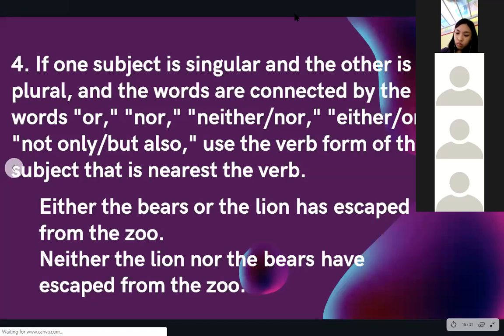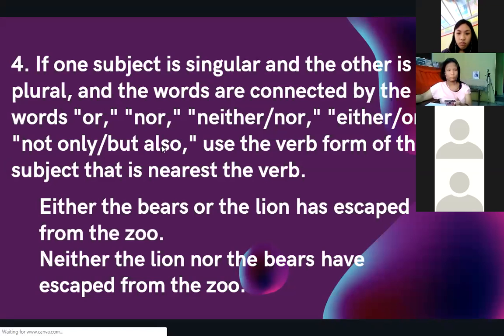Now, ito, sa rule number 4. Tignan natin. In rule number 4, it says, if one subject is singular and the other is plural and the words are connected by the words or, nor, either, or, neither, nor, or not only, but also, use the verb form of the subject that is nearest to the verb. Okay? Anong ibig sabihin? When you have a subject that uses the word or, nor, either or, neither nor, not only but also, dahil dalawa yan, for example,